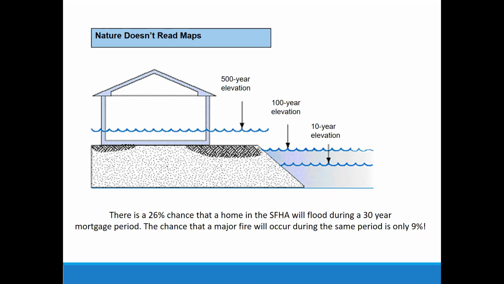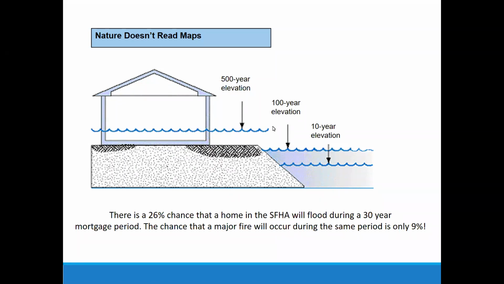So Mother Nature does not read flood maps. Mother Nature does not shut the water off when it's raining and the water level gets to the exact level of the 1% chance flood. This is another issue that I have with my citizens because they don't understand flood maps or floodplains. They think that if they build 10 feet outside of that floodplain line that's shown on the map, then they are magically protected, that the line on the map is a force field and that no water will ever reach them because water will never get past what's shown on the flood maps. The fact of the matter is bigger floods do come along.